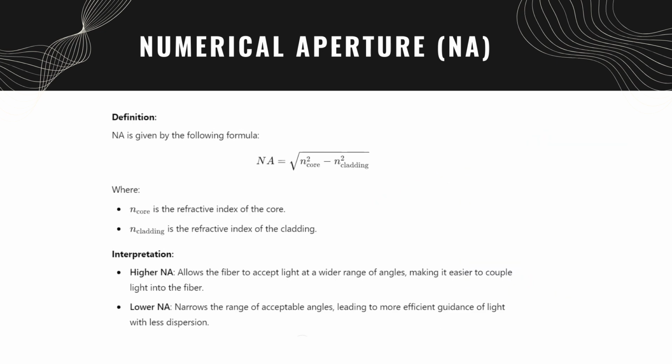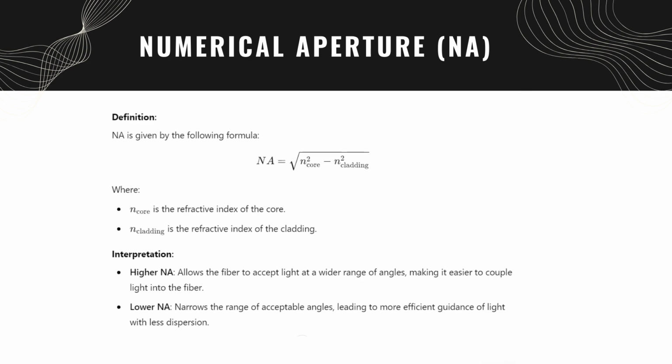NA is given by the following formula, where N core is the refractive index of the core and N cladding is the refractive index of the cladding. Interpretation: a higher NA allows the fiber to accept light at a wider range of angles, making it easier to couple light into the fiber. A lower NA narrows the range of acceptable angles, leading to more efficient guidance of light with